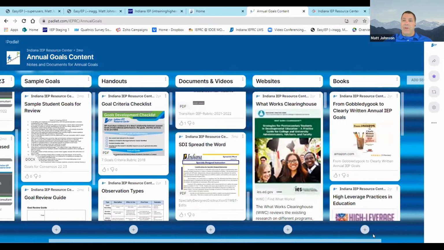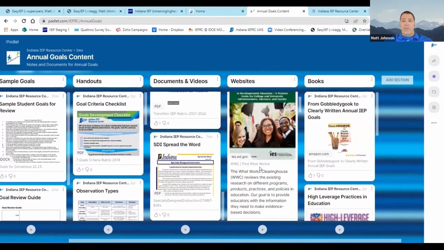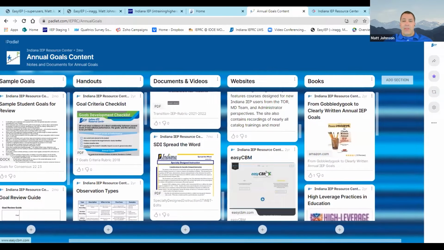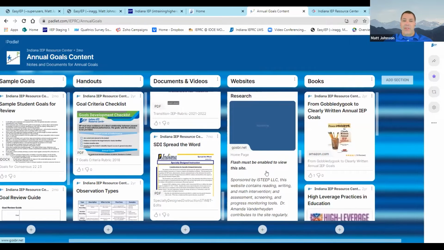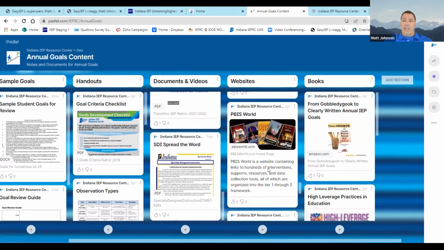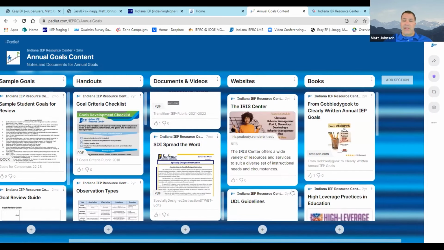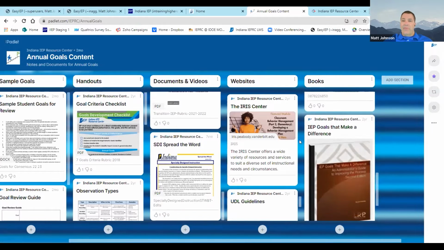What we have here as far as websites and books, these are just resources that we've used for support of our presentation, resources that hopefully you can find useful. Lots of things for teachers, supporting reading and behavior and all those different things there. We also have a few books that have more or less of what we used as the basis for the presentation. So between the websites and the books there, those are all the resources that I used to pull this together.